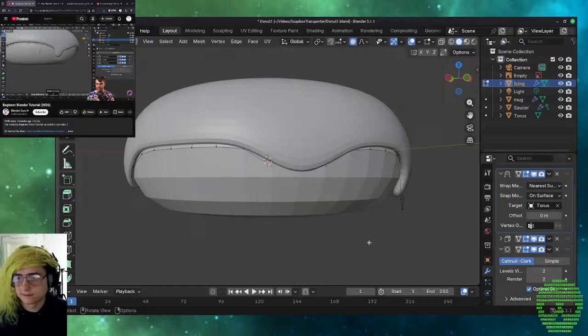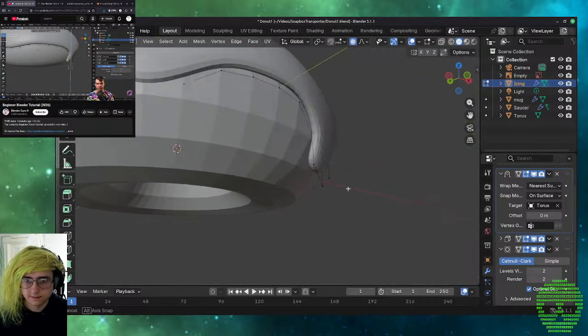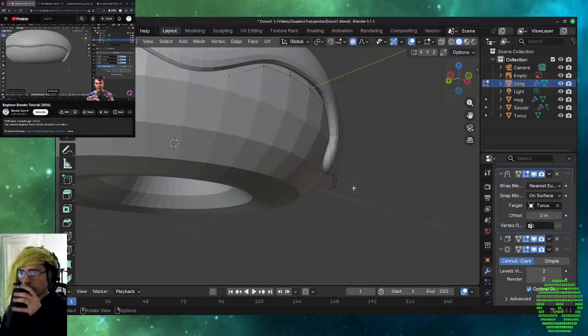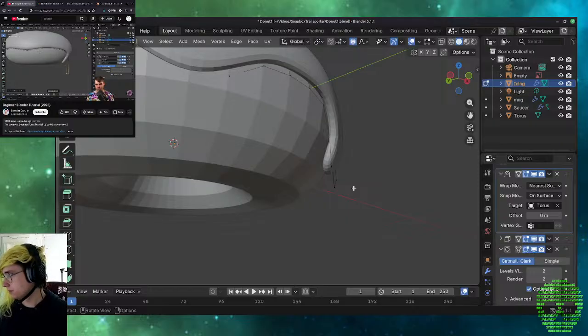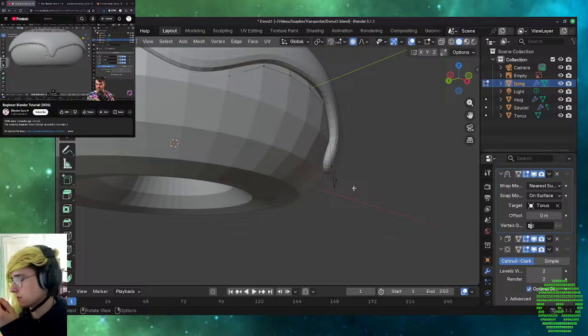I can drag this pretty far down, but there is an extent, so I'm just doing another extrusion on this point. As I pull it down, you can see it kind of loses it. There's a point where it just won't find the mesh anymore. So there's a point at which you should start to pull things into the mesh. It's not magic. It's not going to just magically find it. If I just pull it all the way out, there's no way it's going to be able to find it. So there is a limit,